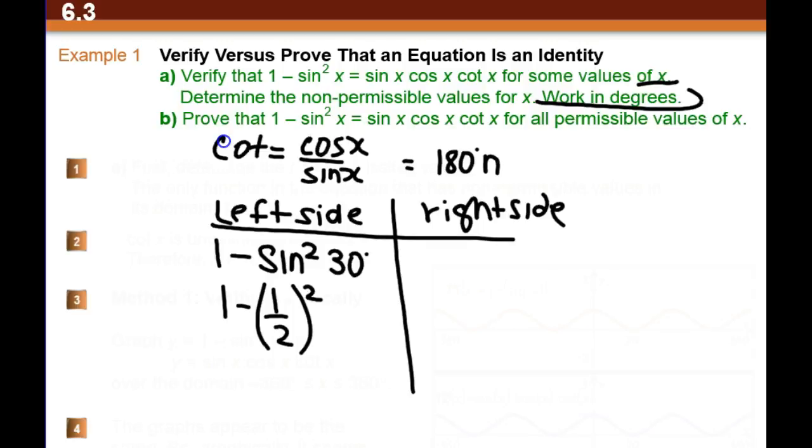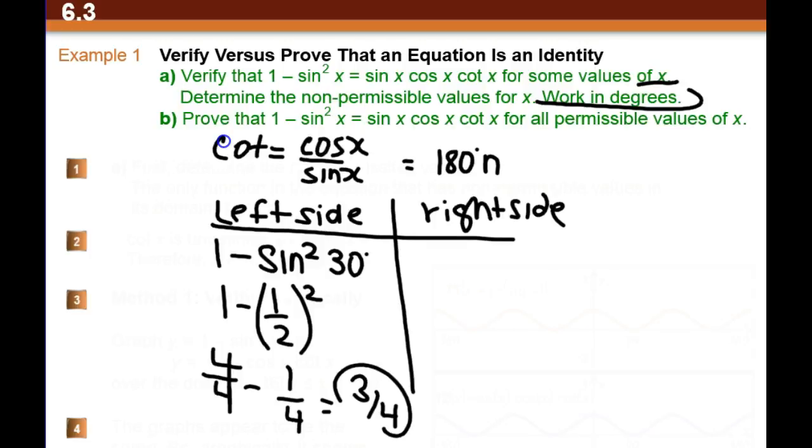Okay, so when we square a half, it's 1 times 1 is 1, and 2 times 2 is 4. And we have 1 subtract a quarter. So 1 subtract a quarter, so that is, if you want to make the 1 into a matching denominator, 4 quarters minus 1 quarter is 3 quarters. Okay, so this side equals 3 quarters. So in order for this to be true, the other side has to work out to 3 quarters